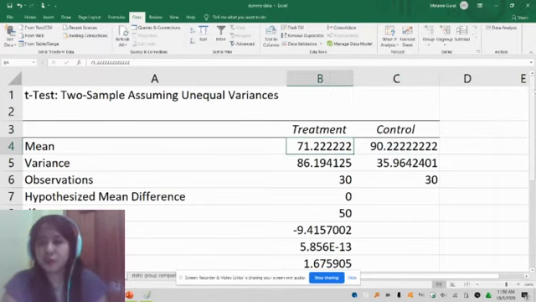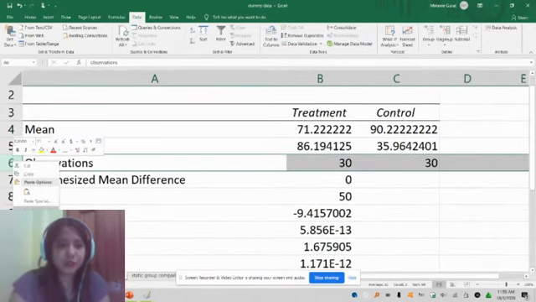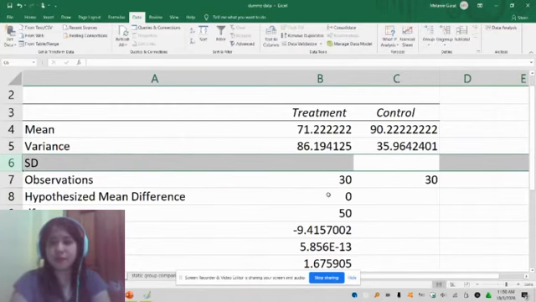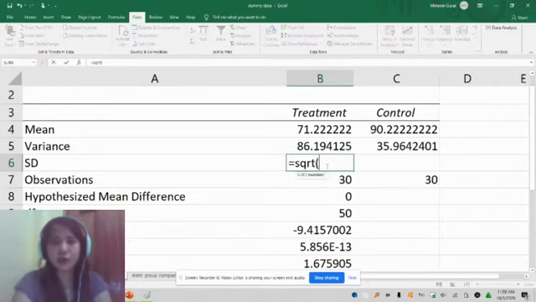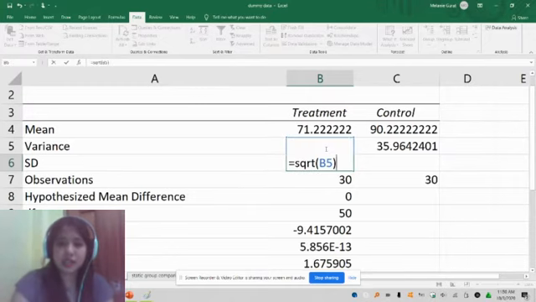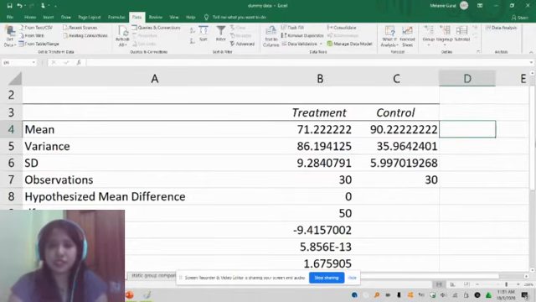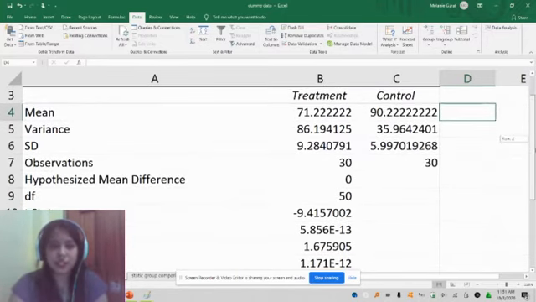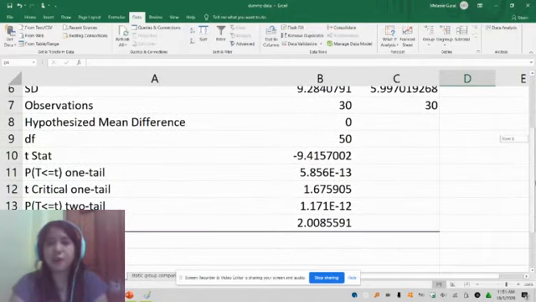For the variance, as mentioned, you have to compute the standard deviation instead of the variance. That is equal to SQRT, open parenthesis, select the cell for the variance, and then just drag it. So this is now the mean, variance, and standard deviation. And also for the observations, we have 30 and 30. Degree of freedom is the,